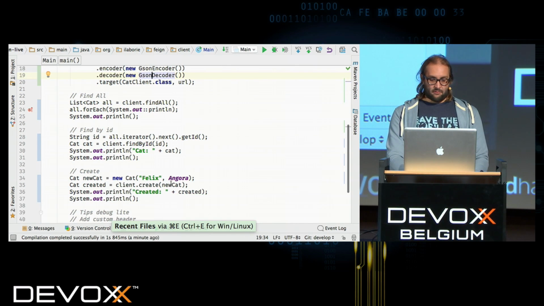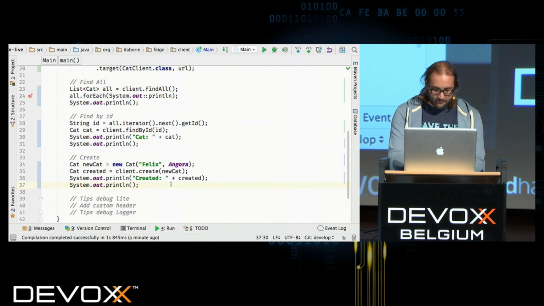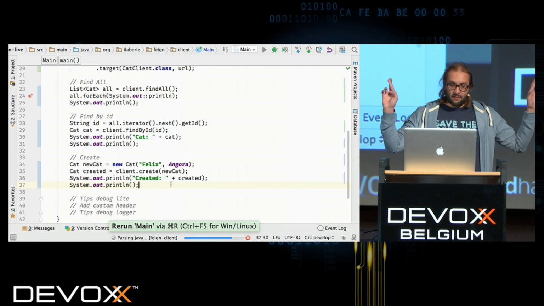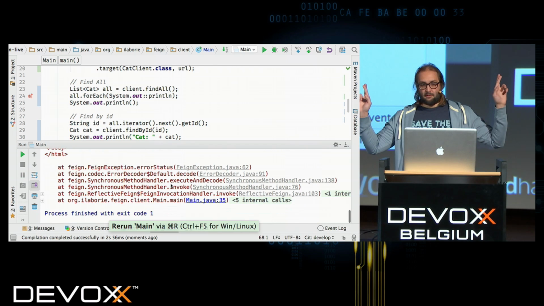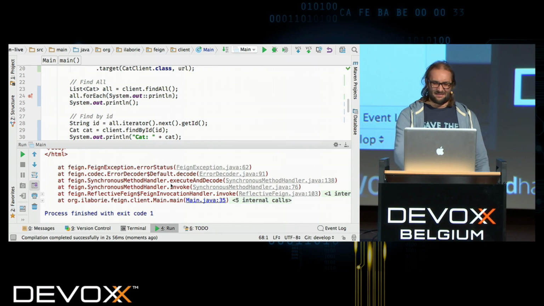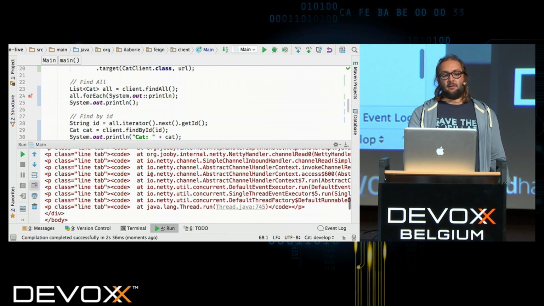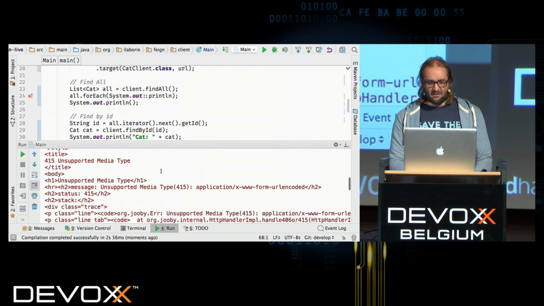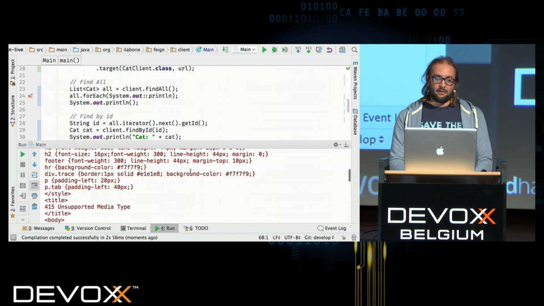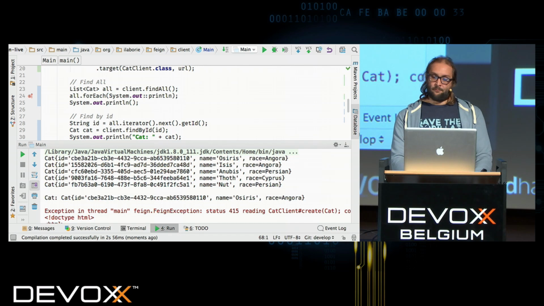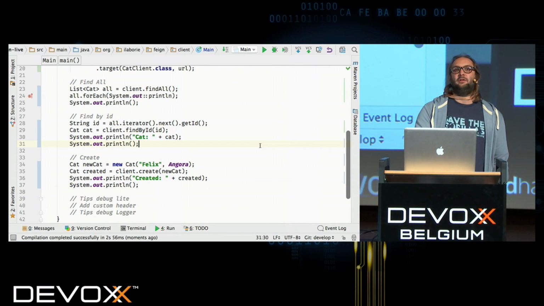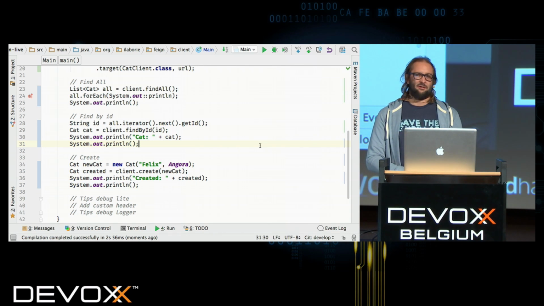Yes, great. So now I'm going to run that, and it's going to create my cat. Oops. Here my backend answers with a 415 error. So it happens. Sometimes you don't read the documentation, or the documentation is not up to date. So